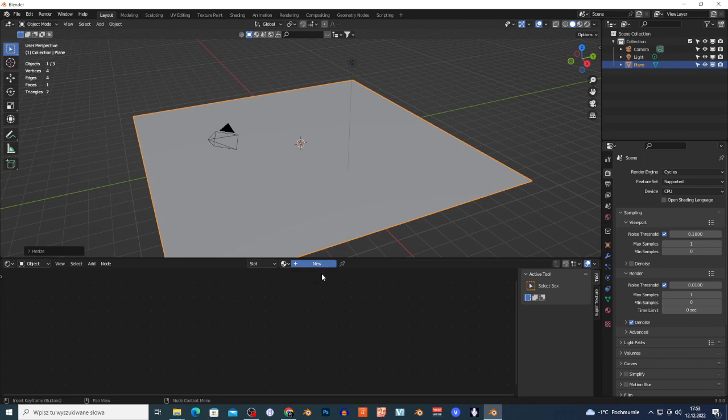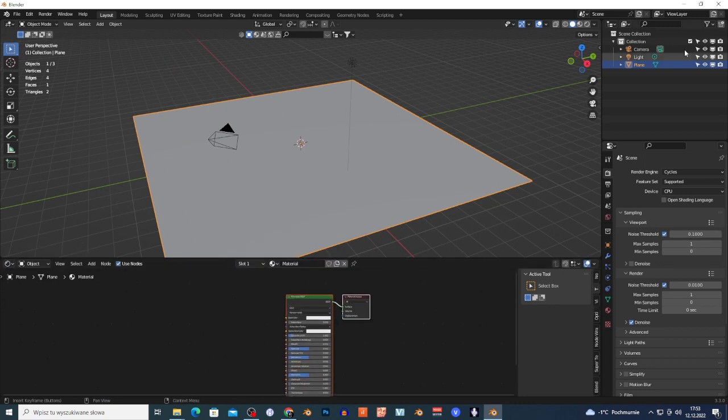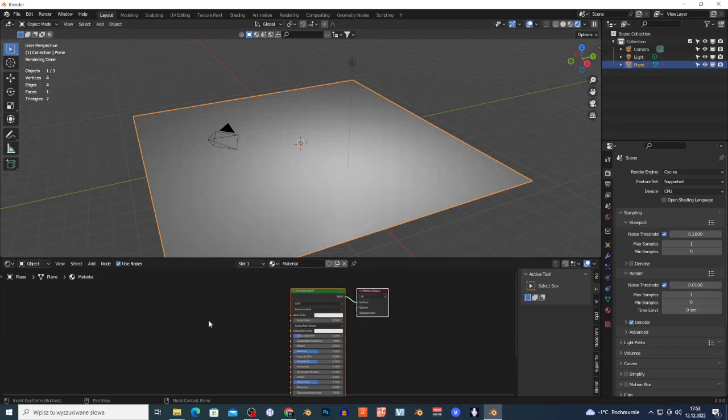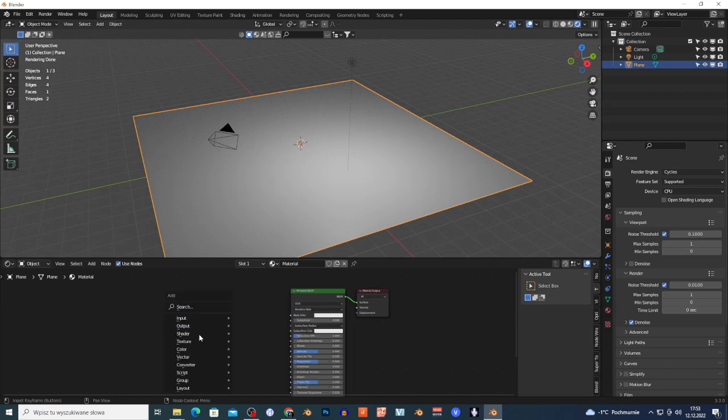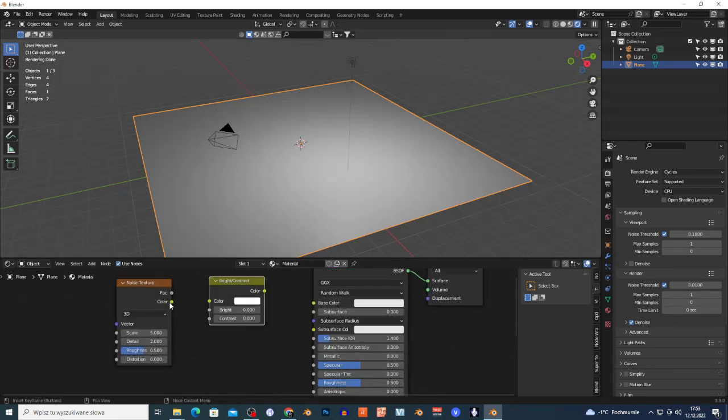Now what I want to show you, I'm gonna click new, and go right here on the render view, Shift A, and add noise texture. Okay, noise texture, and I can add, basically Shift A on the color, right here, bright contrast. And I'm gonna just connect this bright contrast to the color, I'm sorry. And if I connect this color to the base color, as you can see, I have